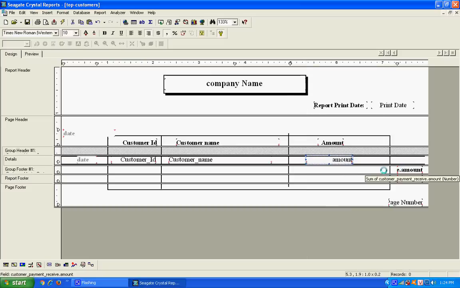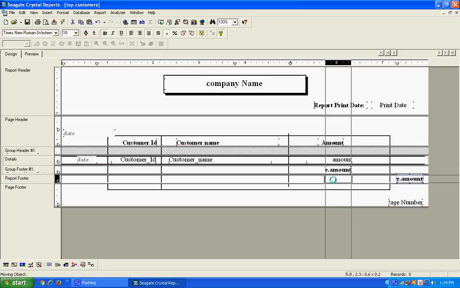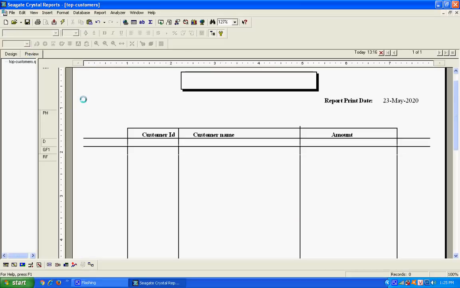Okay, this is the amount. Calculate the total amount field, customer name, customer ID, and the date. Okay, well done. I am going to preview mode and want to reduce the size.